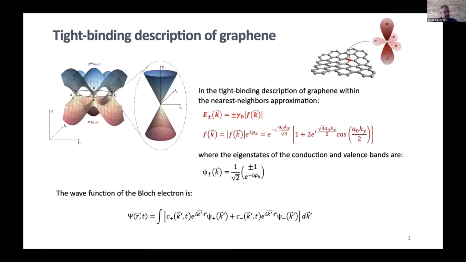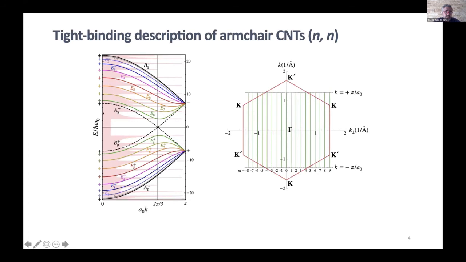Our model for graphene is based on the well-known tight-binding description within the nearest neighbors approximation. I would just like to remark again that the electronic bands of graphene are degenerate at the Dirac points, and this topological feature of the band structure will play a fundamental role in high harmonic generation, as we shall see later. In the model, we write the wave function of the Bloch electron as a linear combination. The density of states is also shown as a shaded area, the pink shaded area in the background of the figure, which is dominated by the Van Hove singularities corresponding to the points where the slope of the bands is null.